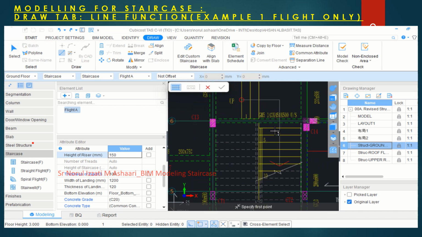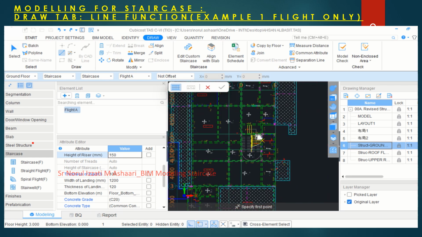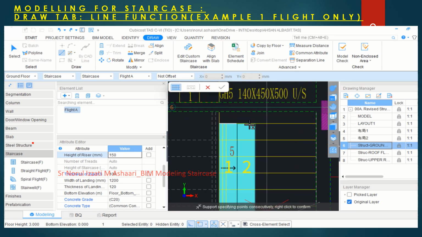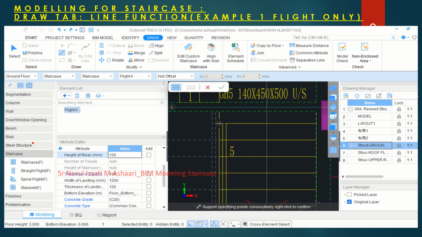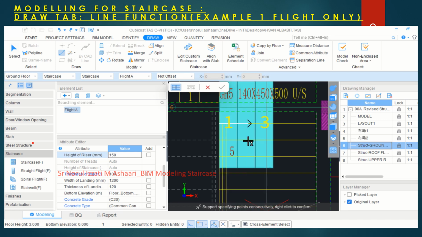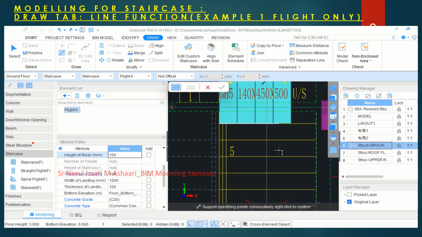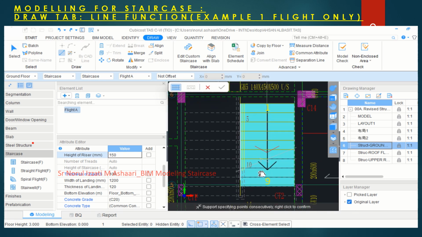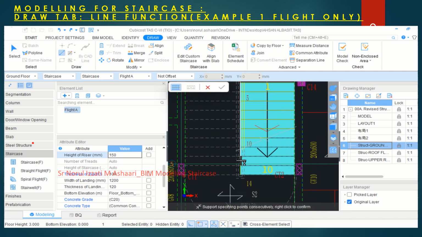Okay, start with zooming in on the flight from your layout plan. You can go to this line, the yellow color line. Make sure you get the line until it reaches the yellow X. So press F4 and Fn together until you see the line going inside the staircase. Here you can see it adjusted until it goes directly parallel with your layout plan.